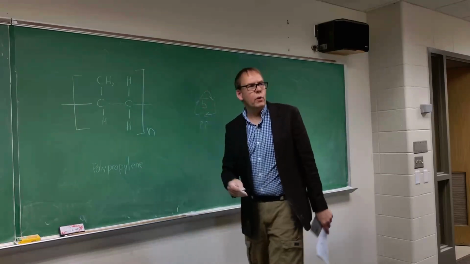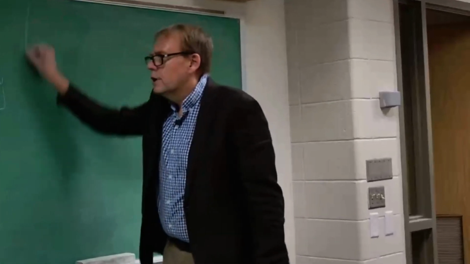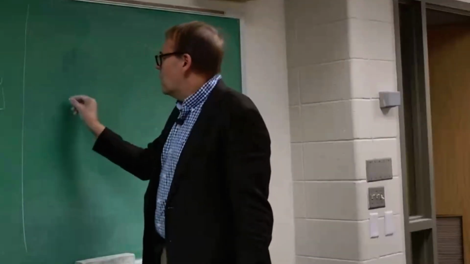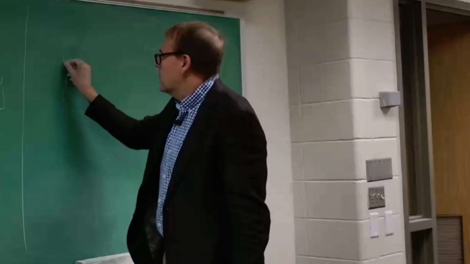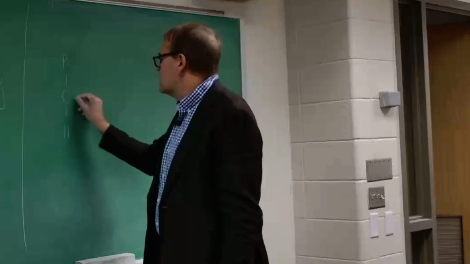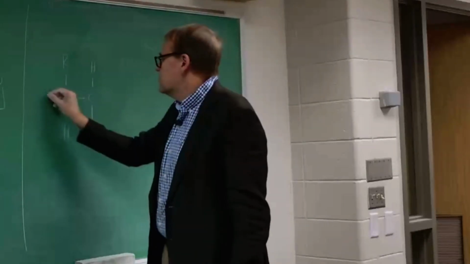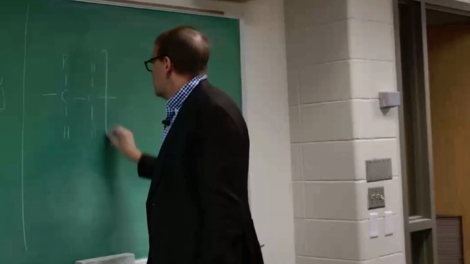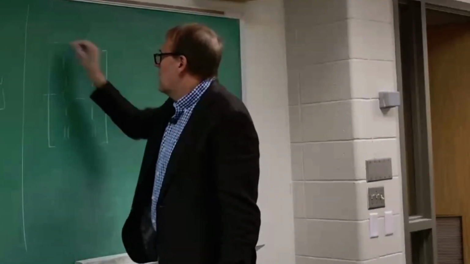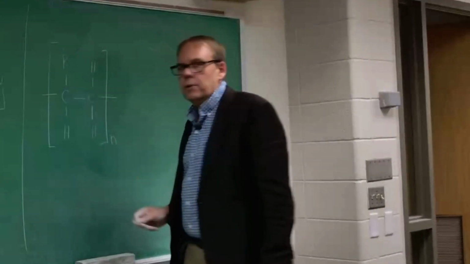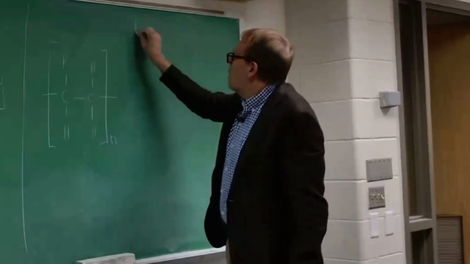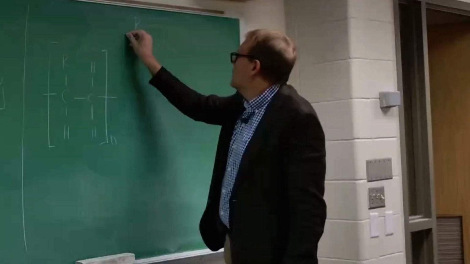And if you want a quick way to remember this stuff, when you're studying, you'd probably come up with this on your own, but the polymers are all the same except for an R group. That's the only thing that's different about them. So if you just want to remember what the R group is, that can tell you what kind of polymer you have. So when R is equal to